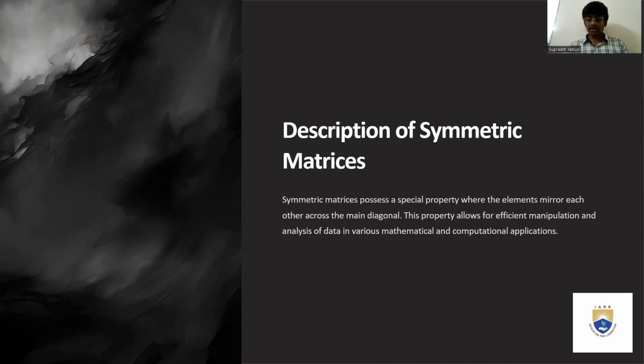A symmetric matrix is a square matrix that is equal to its transpose. In other words, a matrix A is symmetric if A transpose equals A. This symmetry results in a pattern where the elements above and below the main diagonal are mirror images of each